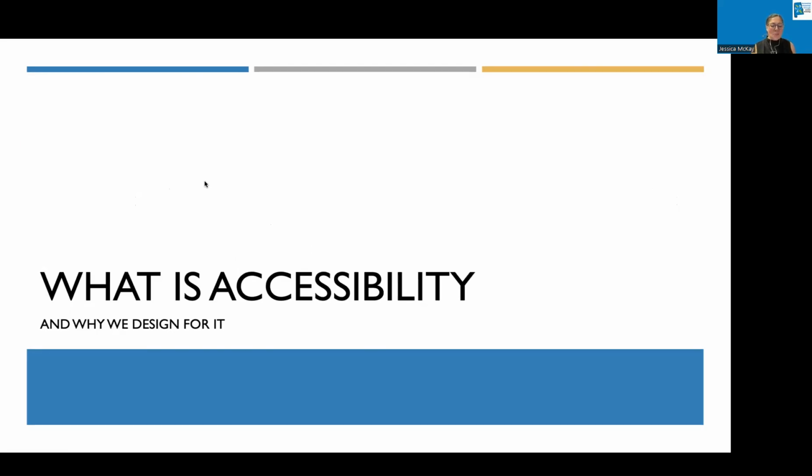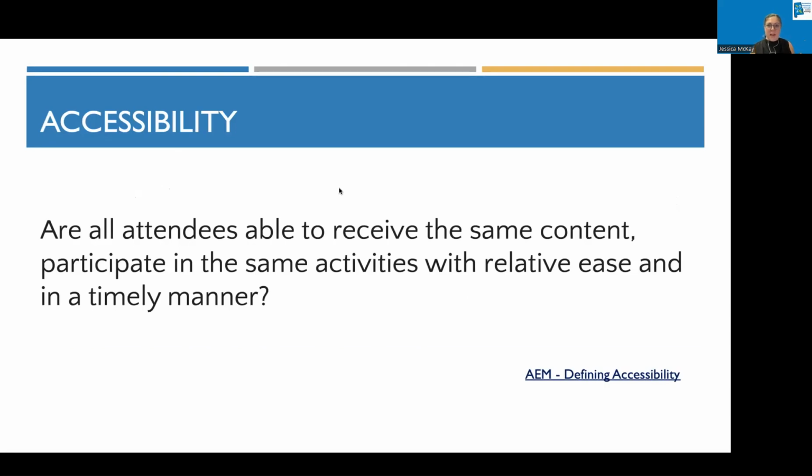Okay, so first we need to talk about what accessibility actually is, or what we mean by that word for this particular training. To be accessible can mean a lot of different things to a lot of people, right? It could mean that it's available, or the store is open, so it's accessible. I can see a box of cookies on the shelf, so it is accessible to me. But we really want to make sure that we're all talking about the same thing.